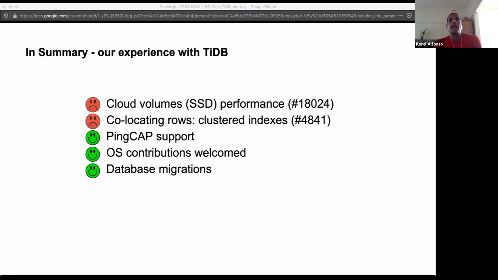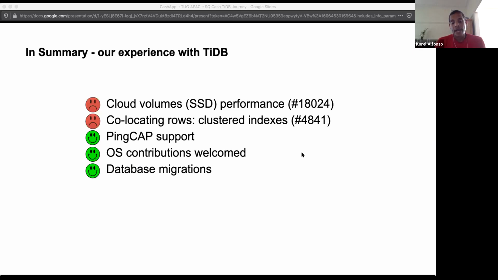So if I were to summarize, there are tons of things that we learned. There are lots of issues that we talked to PingCAP about that have been fixed. But in the context of this presentation, I wanted to highlight the main ones from our point of view. We wanted more performance from our EBS volumes. As I mentioned before, we noticed that we don't fully utilize the IOPS that have been provisioned, as well as the capacity. So there are some issues that are being tracked to improve on that.